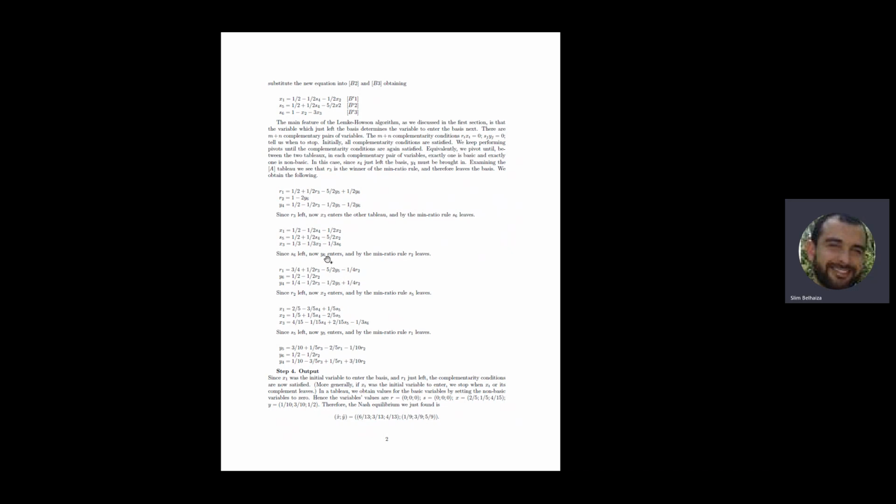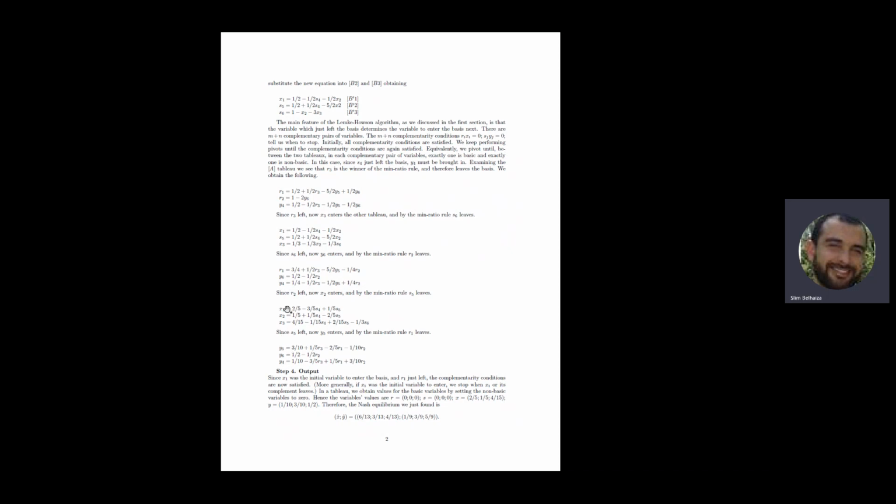And since S6 left, Y6 enters. And this minimum ratio is given by R2. So this is the substitution. Y6 took the place of S6. And here, since R2 left, now X2 can enter the basis by the minimum ratio rule. And S5 leaves. So at this stage, what you can see is that all the X's and the Y's are